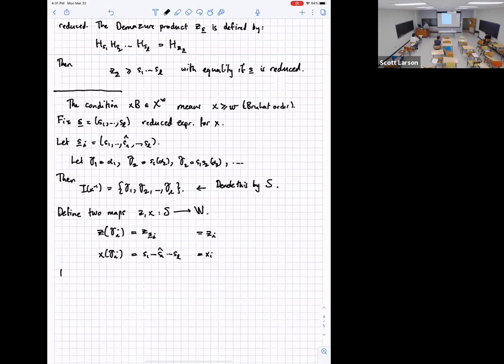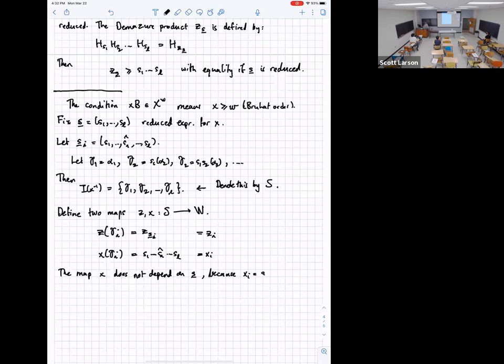This is maybe a little bit of awkward notation because I'm denoting X for this map and for this element here. So I trust that you will all be alert enough to keep track of when I'm talking about X the map versus X the element. Maybe I could, if you like, try to pick a different letter, but let me not be too clever at this point. But the point is that the map X does not depend on the reduced expression